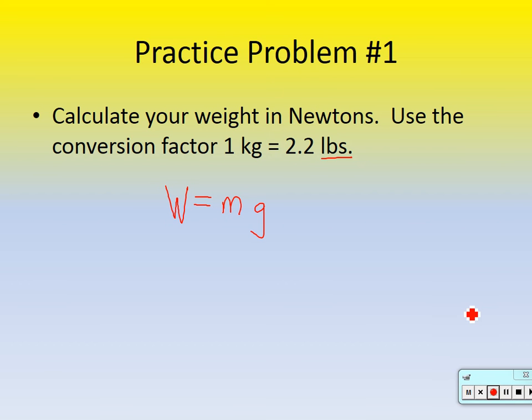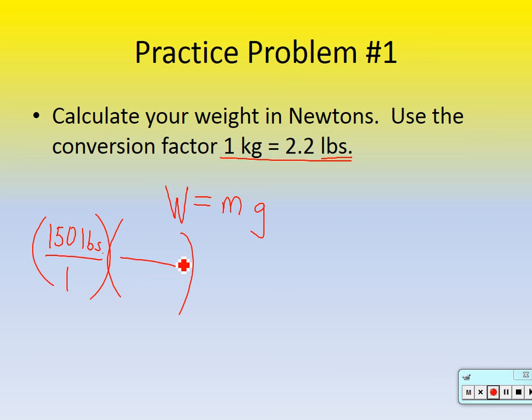Should we do 150? Okay. Let's assume that you weighed 150 pounds. LBS is how you abbreviate pounds. Put that over 1. Now, they gave us a conversion factor. 1 kilogram is 2.2 pounds, so let's use that. If pounds is on top, where's pounds got to go? Bottom. And in the conversion factor, it said 2.2 pounds was equal to 1 kilogram. So my pounds will cancel out, and I'm left with kilograms. So 150 divided by 2.2. And that's